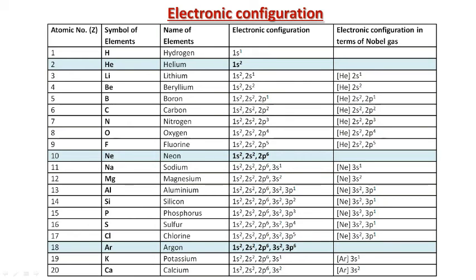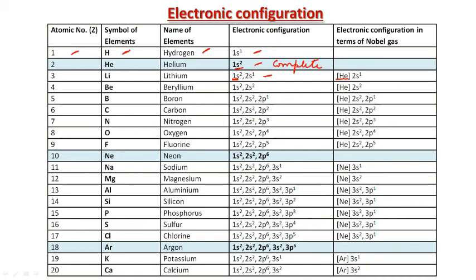Here these are the atomic numbers, these are the symbols, the names of the elements, and how these are filled. So this is 1s1 and this is 1s2. So this is a complete shell. Helium is an inert gas and has completely filled orbitals. Next, lithium. Lithium has 1s2, 2s1. This can also be written as the configuration of helium, which is 1s2 as I have shown you here, so helium and then 2s1.